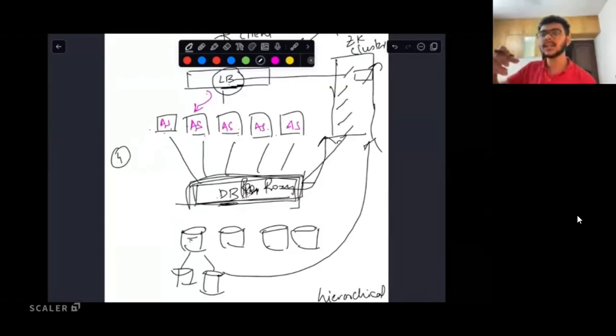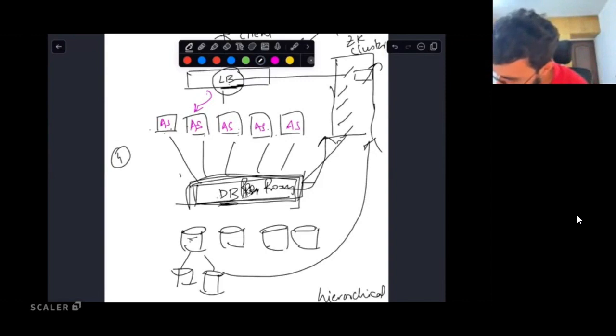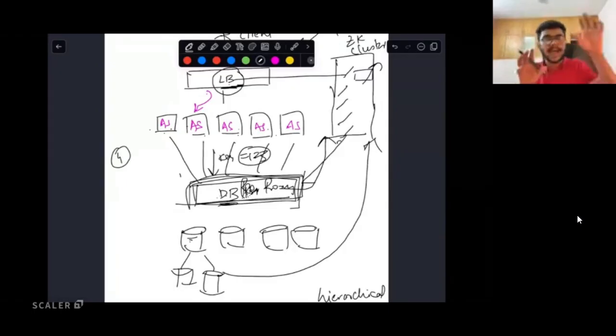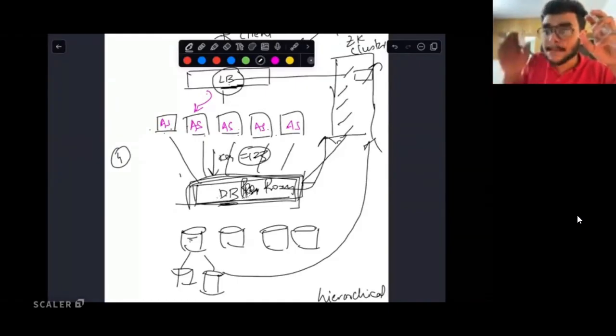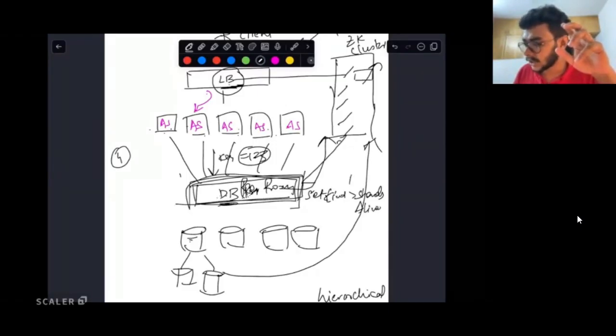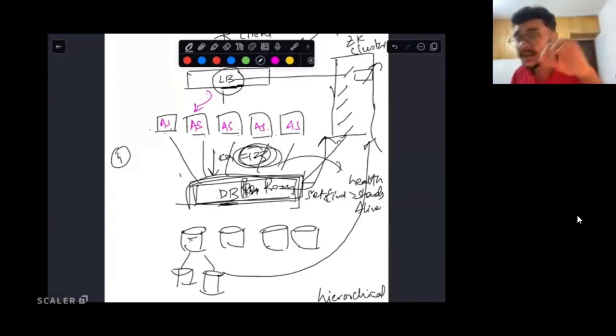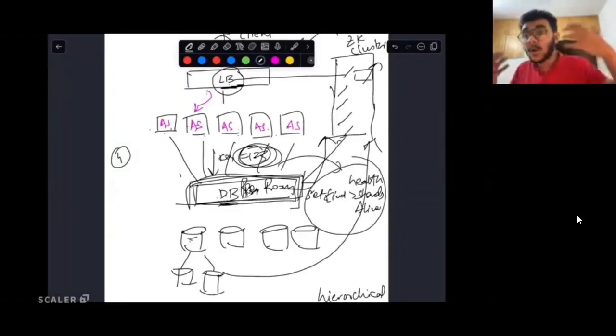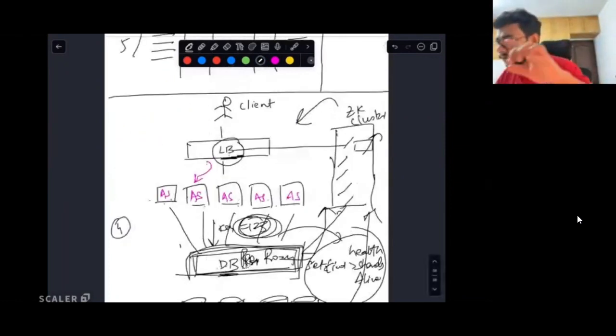because the database proxy layer is the layer that needs to have information about it. Let's say there is a key that needs to be written, say key is equal to 123. The database proxy will figure out what the hash of 123 is, and because of this hash, which shard it is going to lie on. But before it decides that, it must have some data structure, say a set of ints, which has the healthy shards alive. Whatever is the hash of this key, it will try to map it to one of the shards from this set of healthy shards alive. How does it compute this healthy shards alive? It computes it using the Zookeeper cluster.